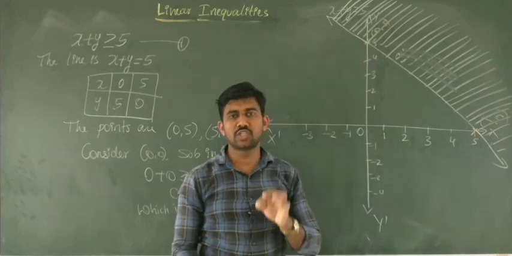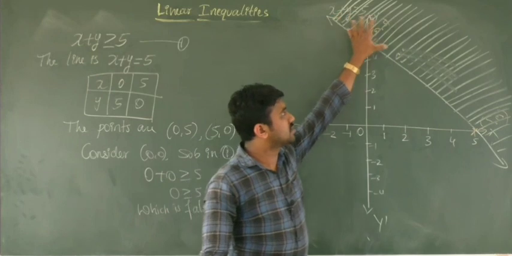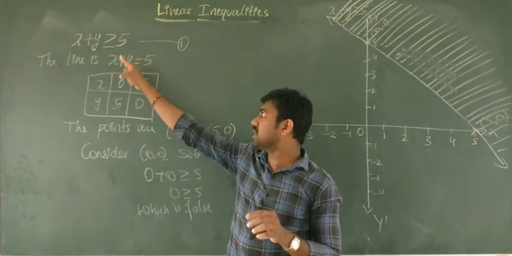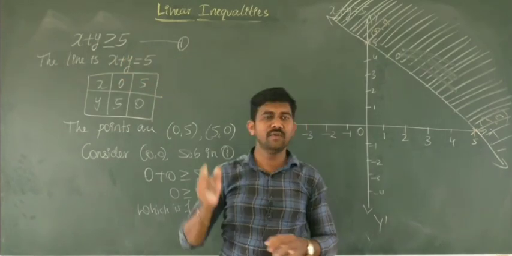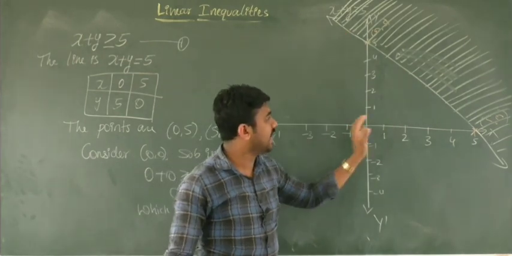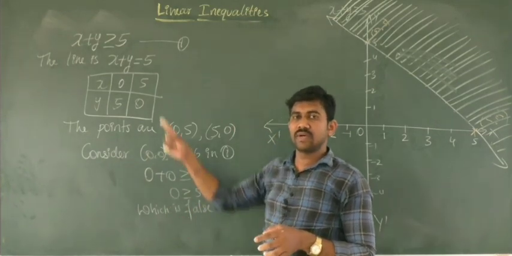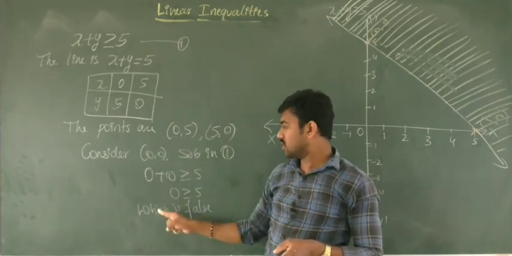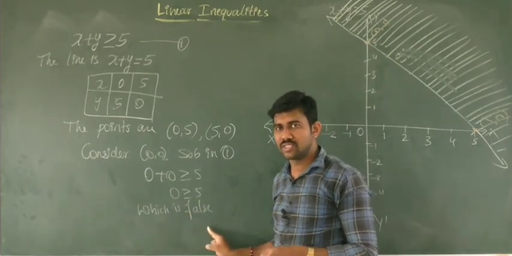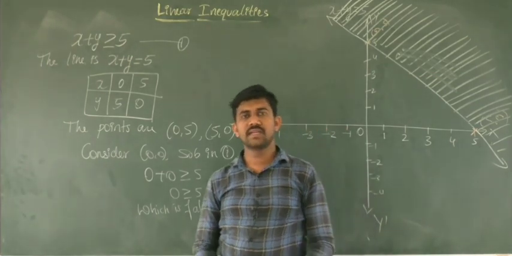Okay, at least you have to show the solution region. Clearly we can say this shaded region is the solution region of this inequality. Of the inequality x plus y greater than or equal to 5, this shaded region is the solution region. And this solution region is away from the origin because the origin does not satisfy the given inequality. We got false, so the solution region is away from the origin. Write that conclusion. Is it clear?